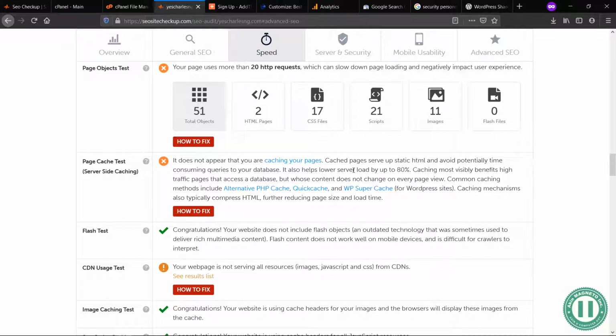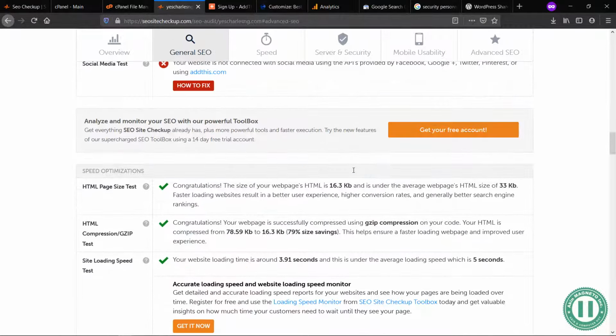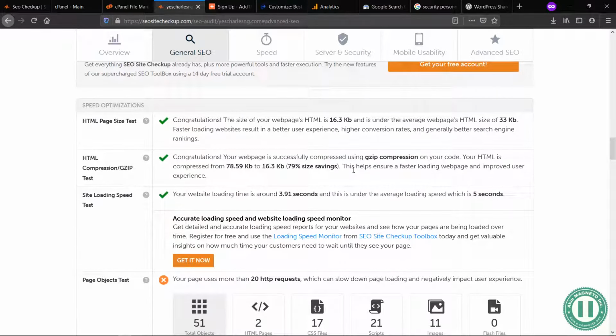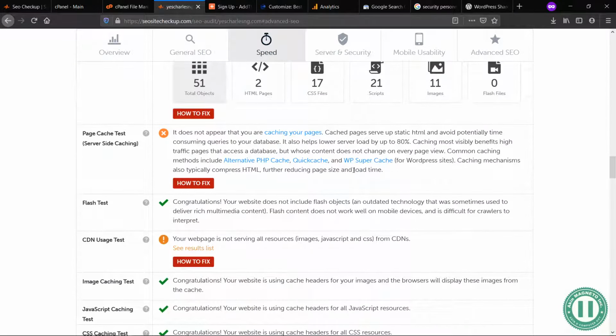Okay, but actually, if you could go up a little bit, you can see under our speed optimization that we have a very fast page. Our total size is 16.3 KB. Actually, for us to pass this test, we can install a plugin they recommend for WordPress sites. So one of the things we can consider is that our site actually has